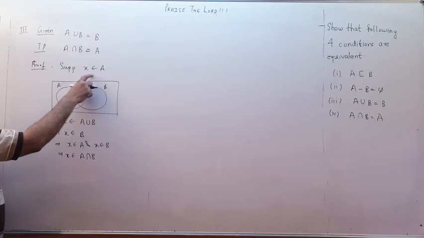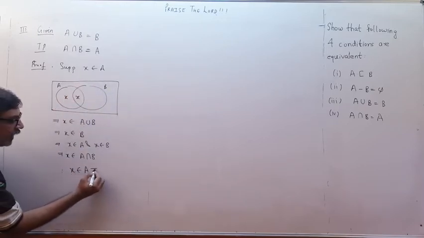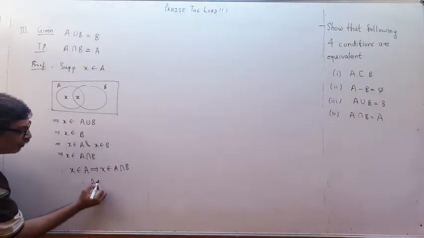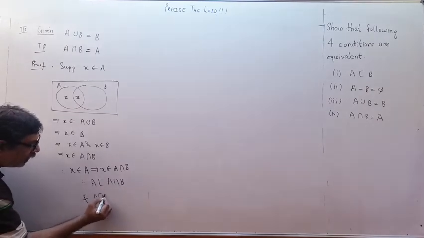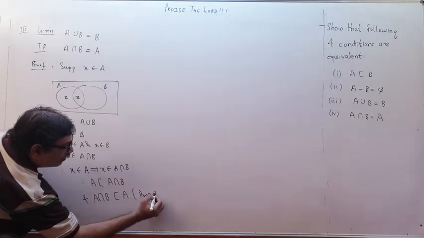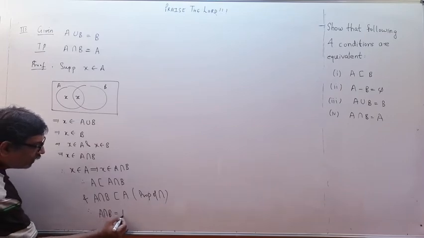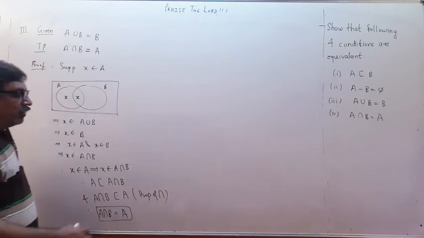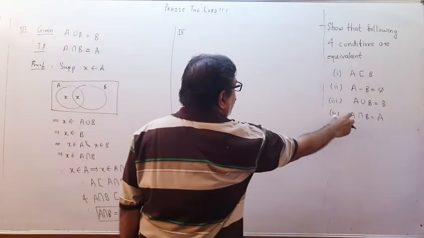So by taking x belongs to A, we have proved x belongs to A intersection B. Therefore, I write like this: it implies x belongs to A intersection B. Therefore, A is a subset of A intersection B. And A intersection B is already a subset of A by properties of intersection. And therefore, A intersection B becomes equal to A. Like this we get it. Now finally the fourth point, children. Fourth set, I have to take this as given and prove this.